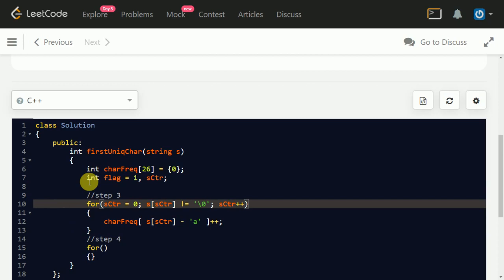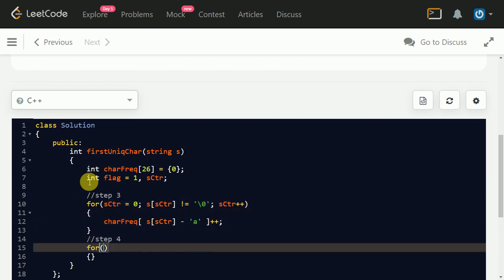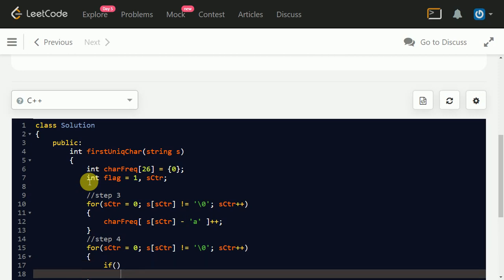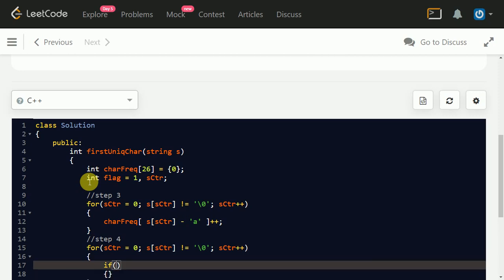For the sake of saving time, I'm just copying the code. Now, as I said, you have to check whether the frequency of the character which we are reading is 1 or not.